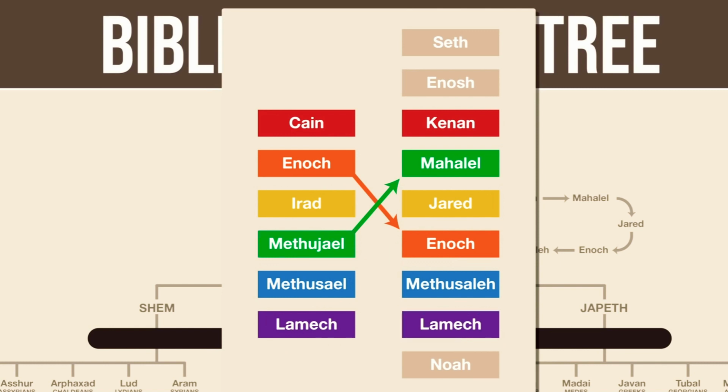So one possibility is that both genealogies share a common origin. In other words, maybe there was originally one list of ancestors that was passed down orally, but over the centuries, people in one area remembered the names in a slightly different way, and eventually it developed into a parallel tradition. Then, at some later point, editors combined the two traditions and made it seem like they were separate genealogies.